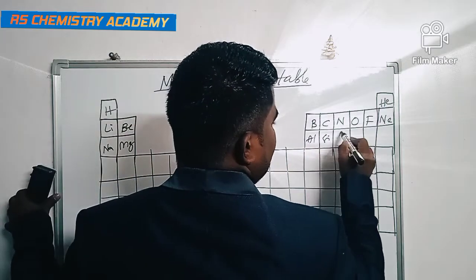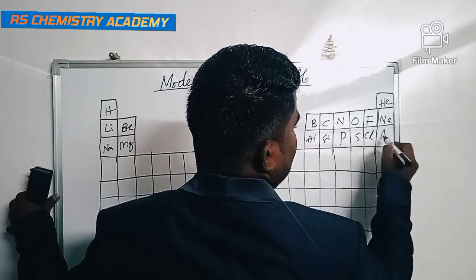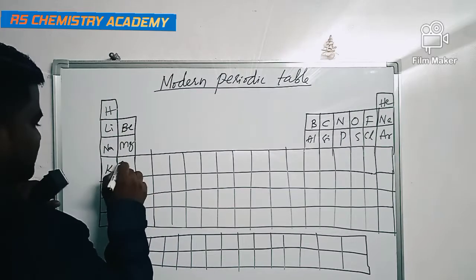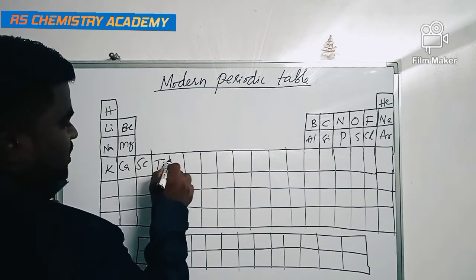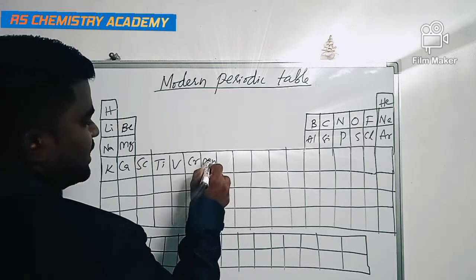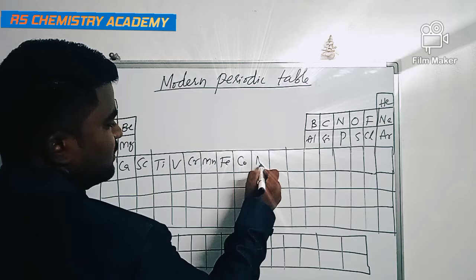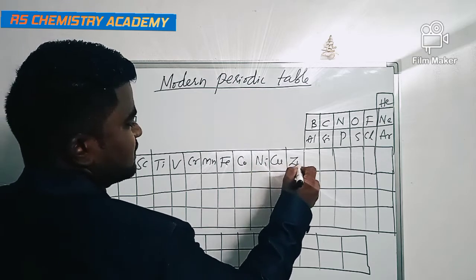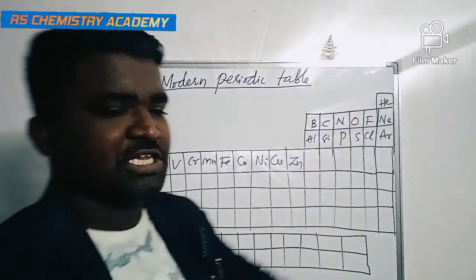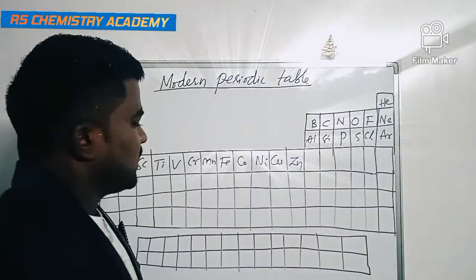aluminum, silicon, phosphorus, sulfur, chlorine, argon, potassium, calcium, scandium, titanium, vanadium, chromium, manganese, iron, cobalt, nickel, copper, zinc, gallium, germanium, arsenic, selenium, bromine, krypton. That is not needed; up to 30 elements are enough to get the main concepts and try to answer the given questions from your standard. Okay, now in this model